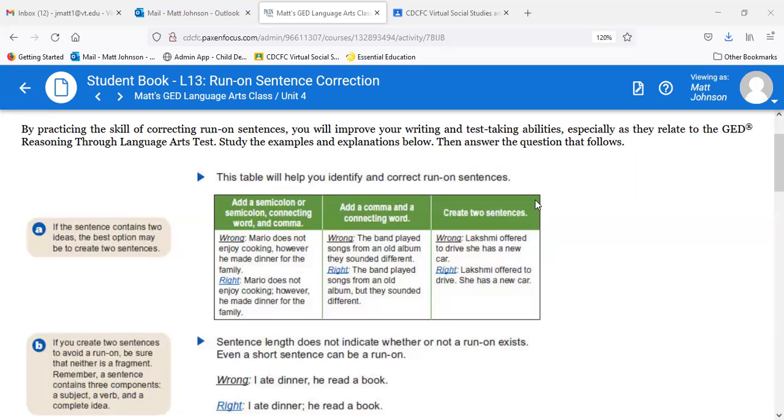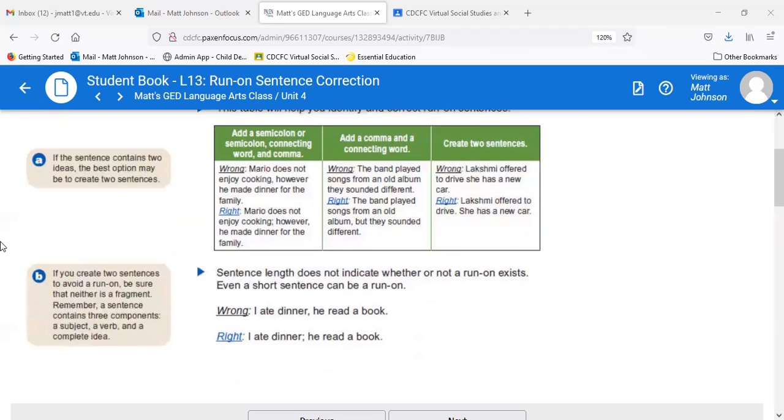Again, this is largely when you have two complete sentences. How do I combine two complete sentences? There's your rules right there. You can either break them up into two, or you can add a comma and a connecting word, so but, or, and, right? So our text over here says if the sentence contains two ideas, the best option may be to